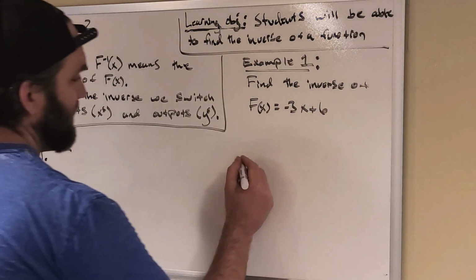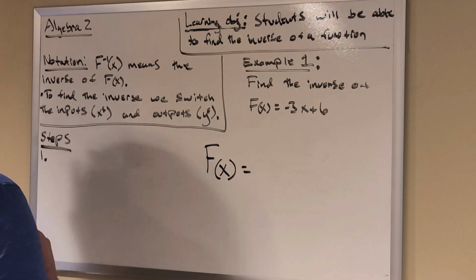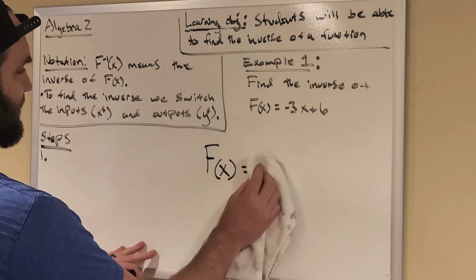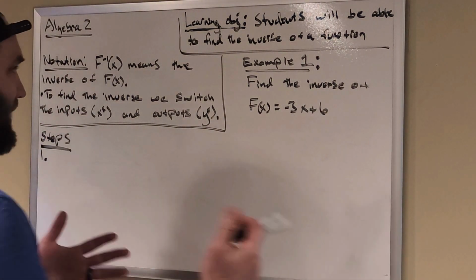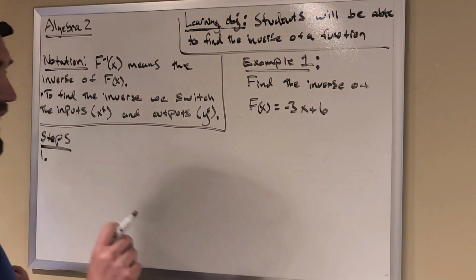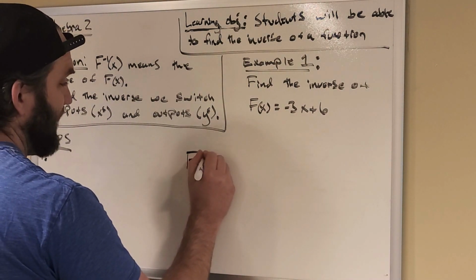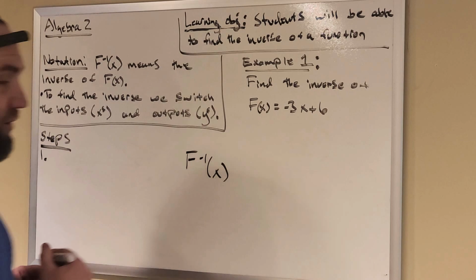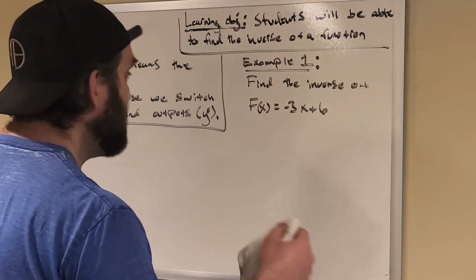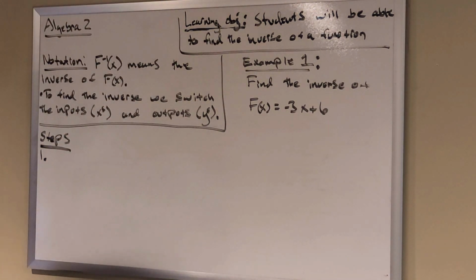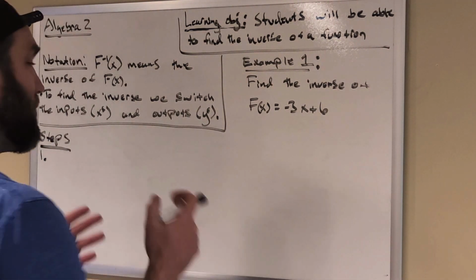We know that we've used f of x equals, and that's function notation. The way I note an inverse function is instead of having f of x, it's f negative 1 of x, and that negative 1 means the inverse. So f negative 1 of x means the inverse of function f of x. To find the inverse of a function, all we need to do is switch the x and y values. Wherever there's an x value, we put a y, and where the y values are, we make it x.